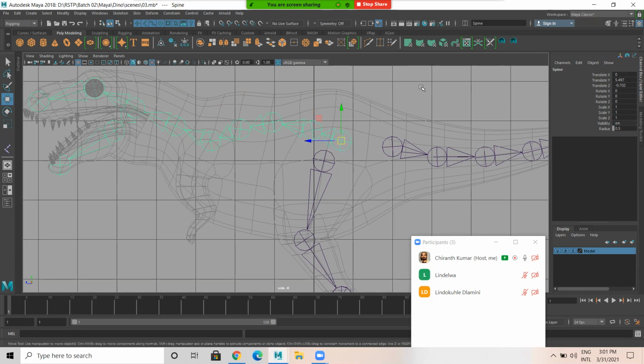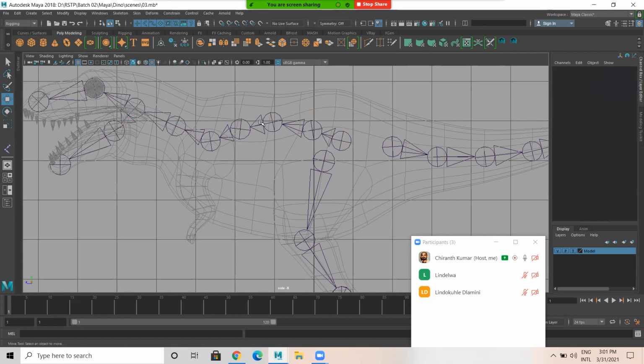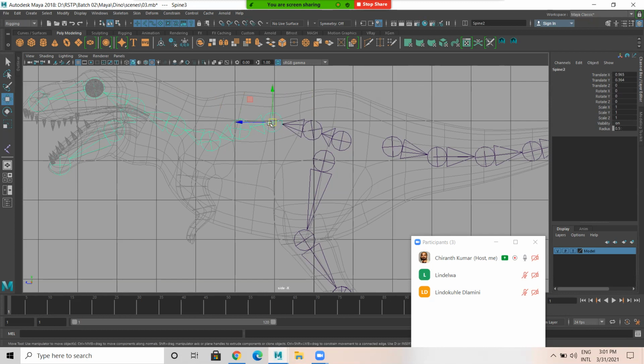So this spine 3, 2, 1. Spine 3 to 1 has to be in the center, in between the hand and the leg part.